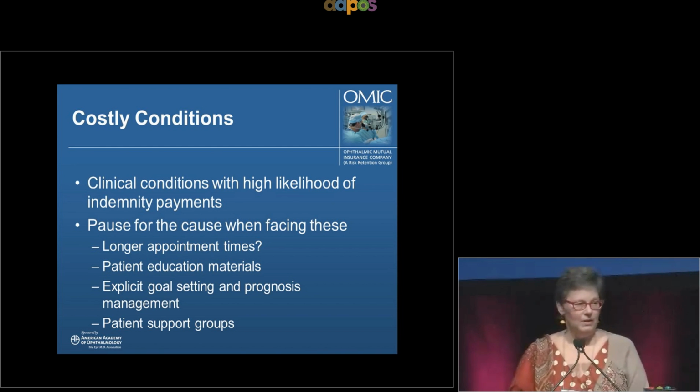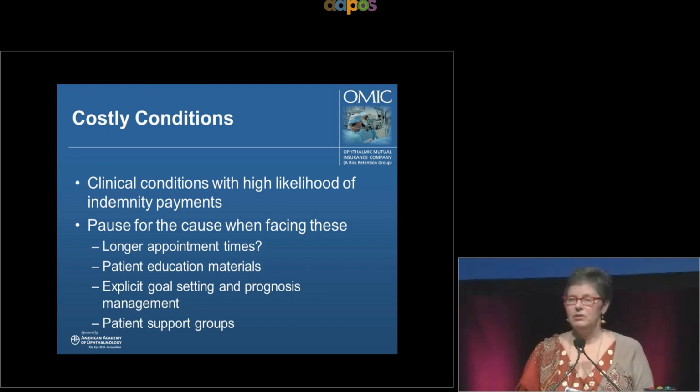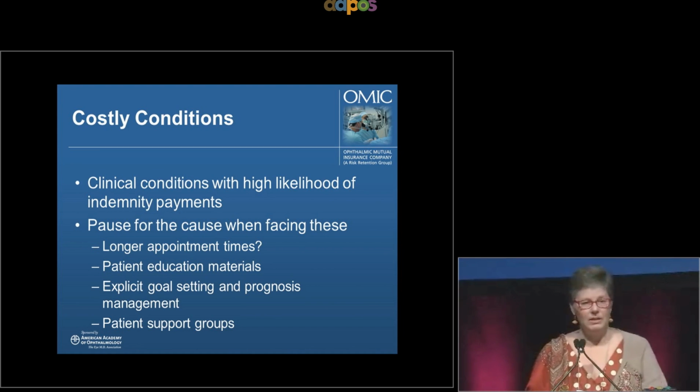When you see this particular category, consider longer appointment times. It's really important to have patient education materials in addition to informed consent documents. Obviously, strabismus surgery, we're going to be talking a lot about that, but very explicit goal setting and prognosis management, but not just that, also in the cataract cases we saw, where there was confusion about whether an IOL would be implanted or not, and why or why not. Glaucoma cases where it wasn't clear why you would choose medical versus surgical management. So you really have to make sure that the parents and you have very explicit goal-setting discussions.